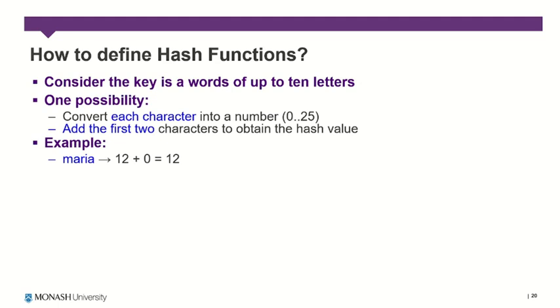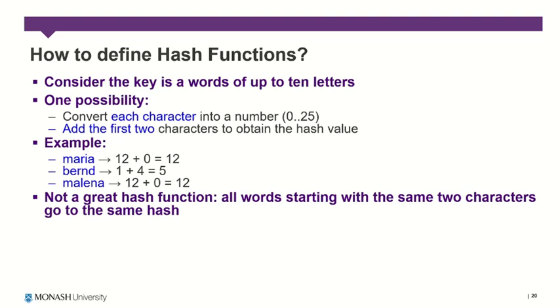So basically, if we add them together, that would give us a hash value of 12. Bernd would have B and E, which would be 1 and 4 respectively. So we add them together and we get 5. Melina would be 12 plus 0. So we can see we're not taking a lot of the data, so we're going to cause a lot of